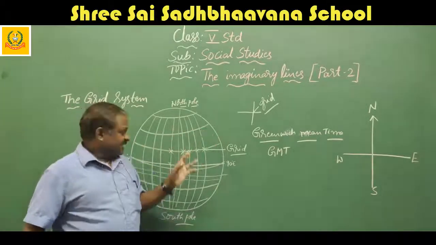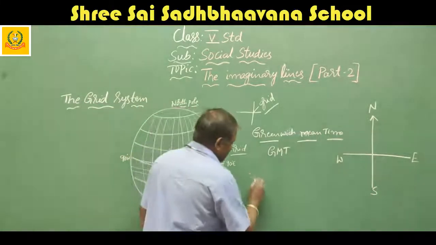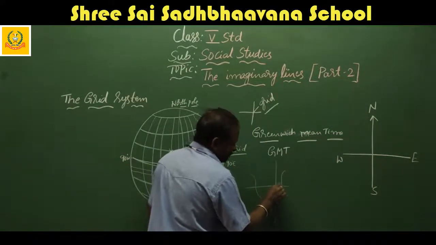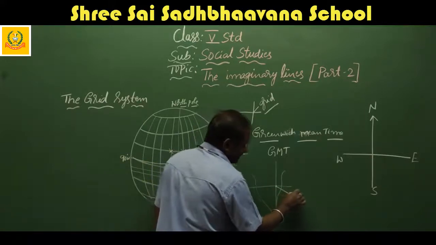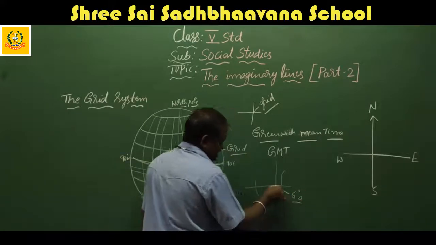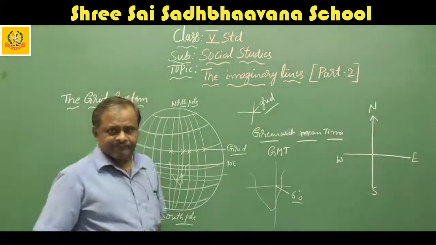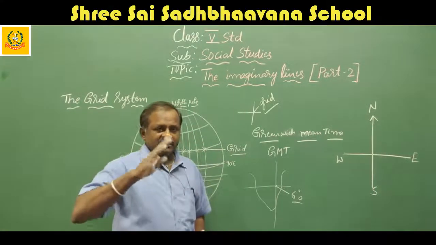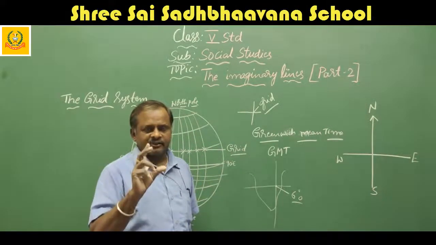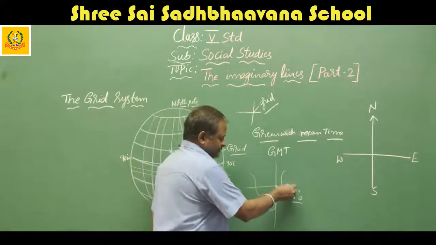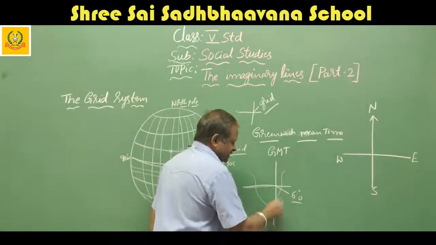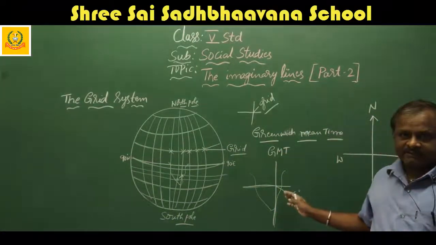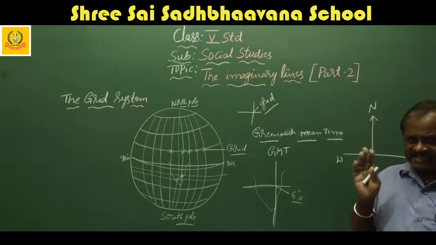At that line, that is how the sun rises. For example, our India: we will take this longitude as the standard time. Here, what is the sunrise time? We will fix the time as 6 o'clock. That means the whole country uses the same time. According to the sun's rotation and movements, they fix the time, and we use the same time throughout the country as the Indian Standard Time.